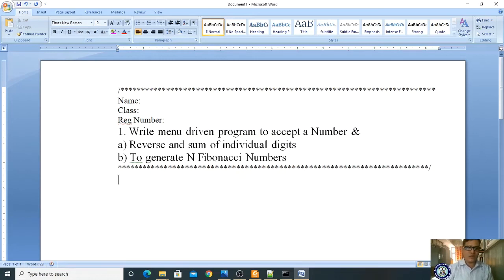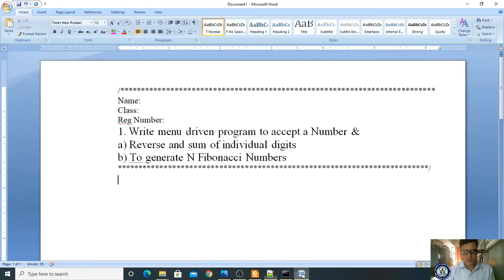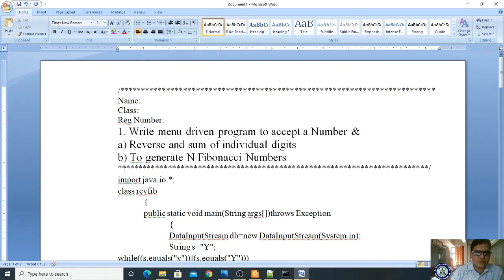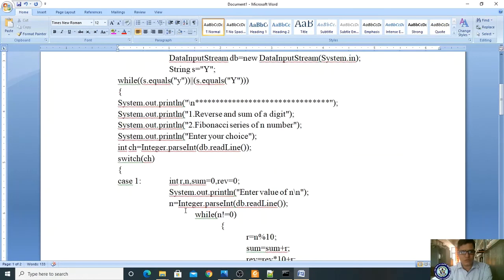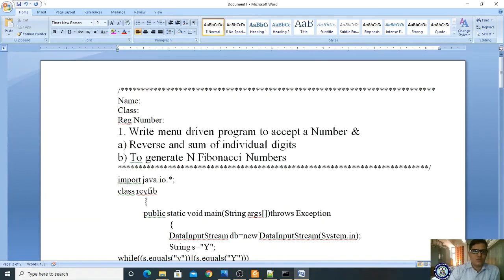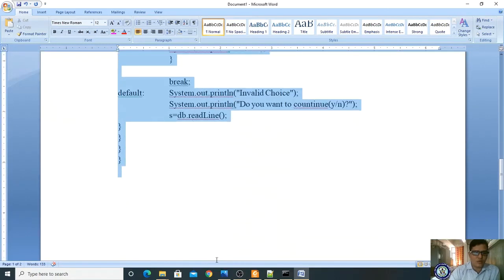Here it ends. Now you have to copy your program. Where is our program? Here it is. I'm copying, I'm coming here and I'm pasting, right? So already I have pasted here. I should not give any spaces. While doing this program you should be aware where it starts and where it ends. How many open curly braces and how many closing curly braces are very important. There are no spaces, right?